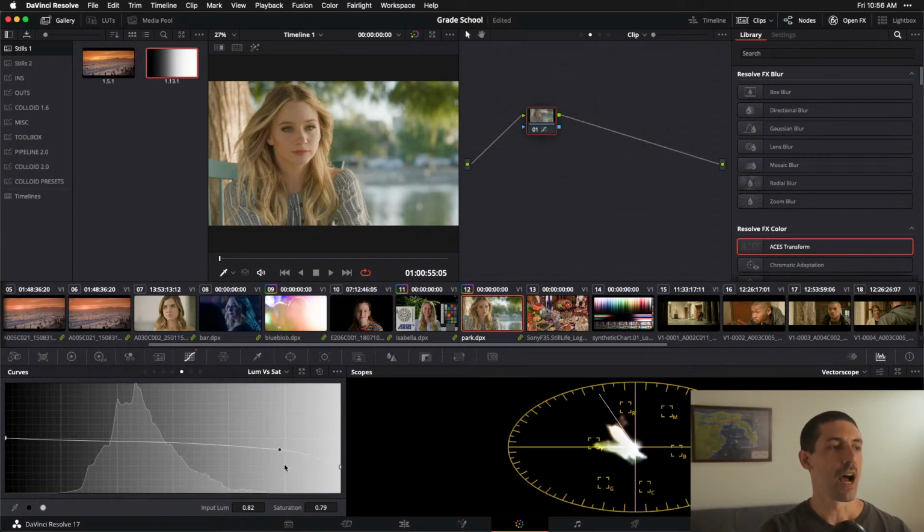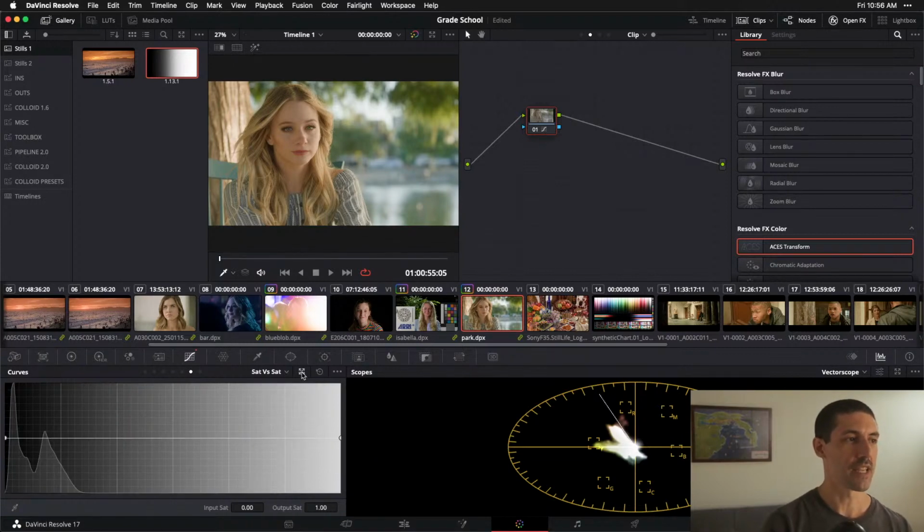Instead of saying I want to pull all saturation out in equal measure or push saturation into all pixels, I'm saying here, as my image gets brighter and brighter, I want to further and further limit its saturation. If we go on to our sat versus sat, this is sort of the evil twin of our loom versus loom. It's the same kind of thing. We're taking input saturations and mapping their output saturations. So this can be a good way of creating what we might think of as saturation